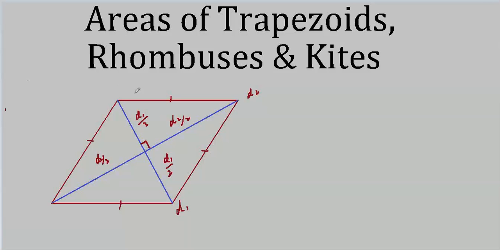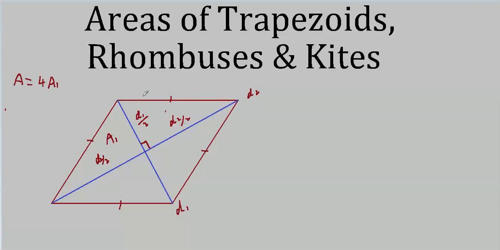And what that does for us, very similar to the trapezoid, we don't even need a rectangle for this. We're going to break this up into right triangles. Since these are all perpendicular, we got a right triangle here, here, here, and here. We've got 4 right triangles.